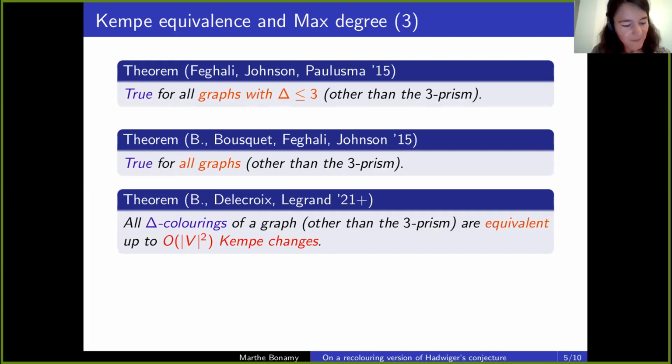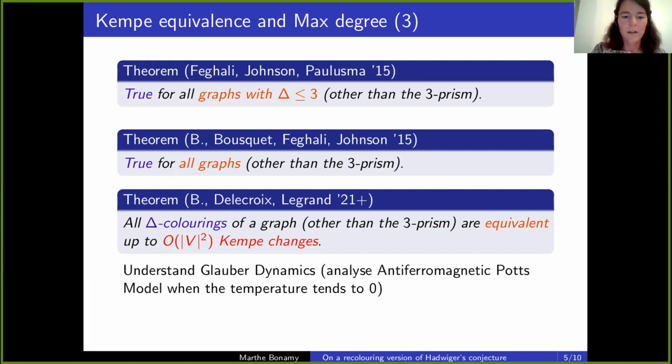I told you I would say a bit more about why we should care about compute changes. The reason I care about compute changes is because it's fun. It's kind of interesting to see how different colorings in the graph compare to each other, like how much freedom you have in each coloring. But there's some actual applied motivations for it. It turns out that understanding how colorings compare with respect to compute changes actually helps you understand some stuff in